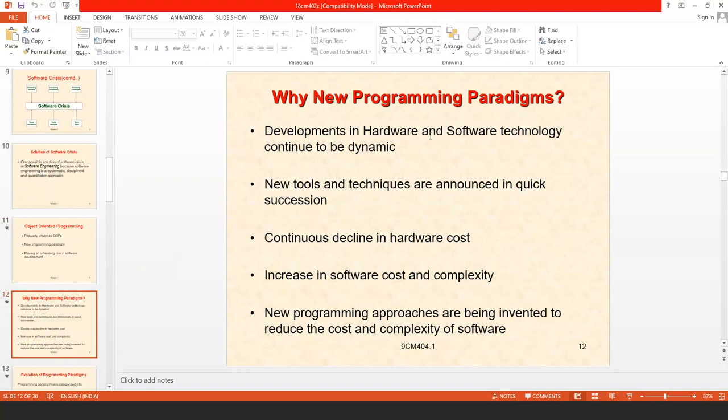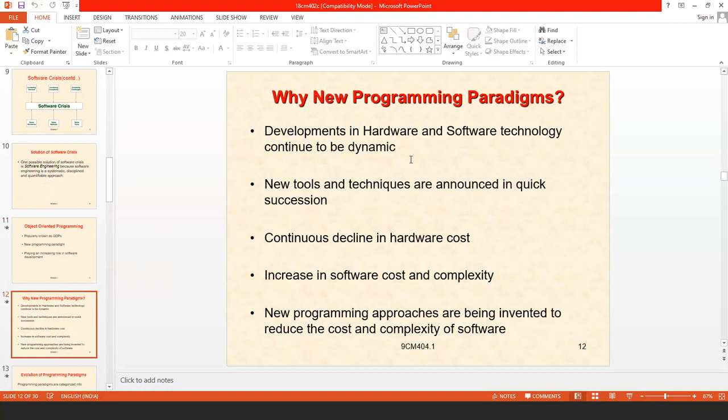And why do we need to go for a new programming paradigm? As we discussed, there is a software crisis. Obviously, we need to go for new programming paradigms, because day to day we need to update our knowledge. As previously we had only the conventional teaching method, but now we need to opt for online classes also.